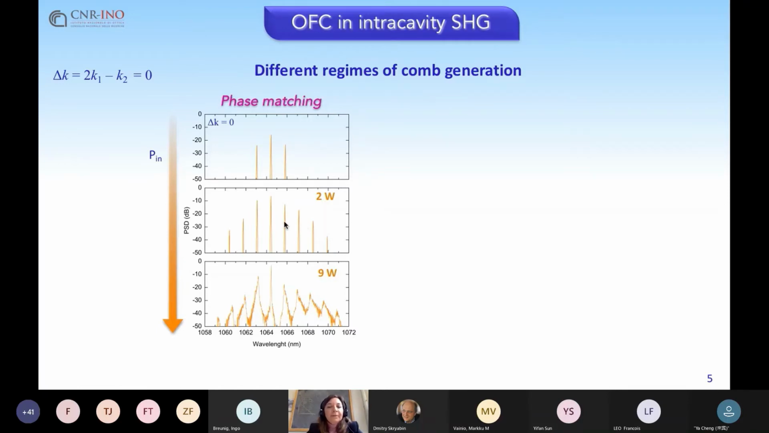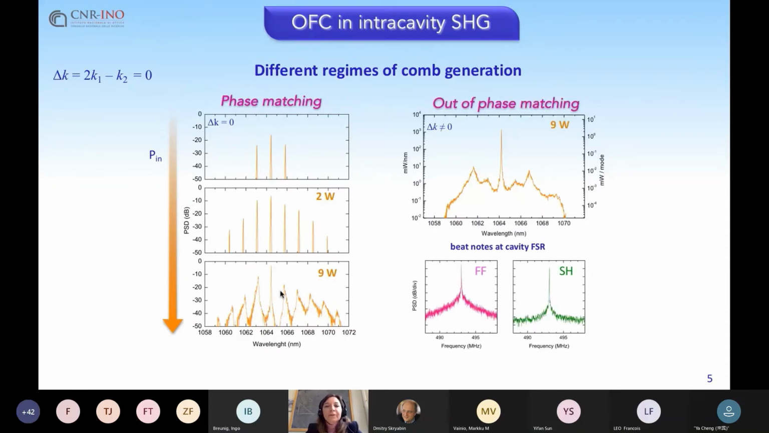And in the correspondence of the maximum available power of 9 watt, we have the generation of secondary combs around the primary combs. A different comb structure has been obtained when the crystal is out of phase matching, and as we can see here, in the correspondence of the maximum pump power, we got the minimum teeth separation, which is